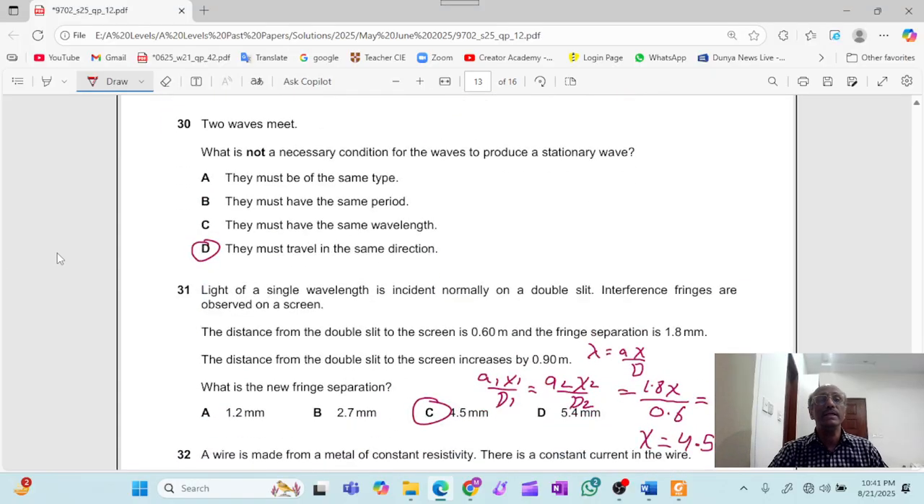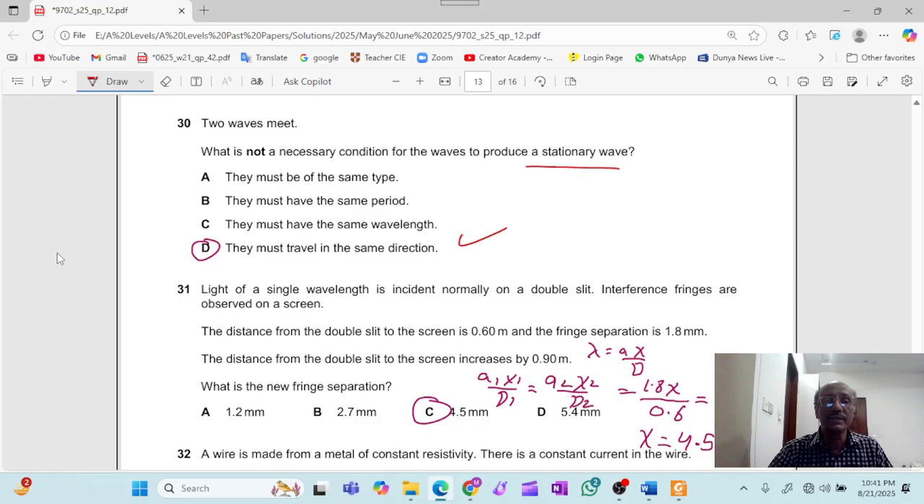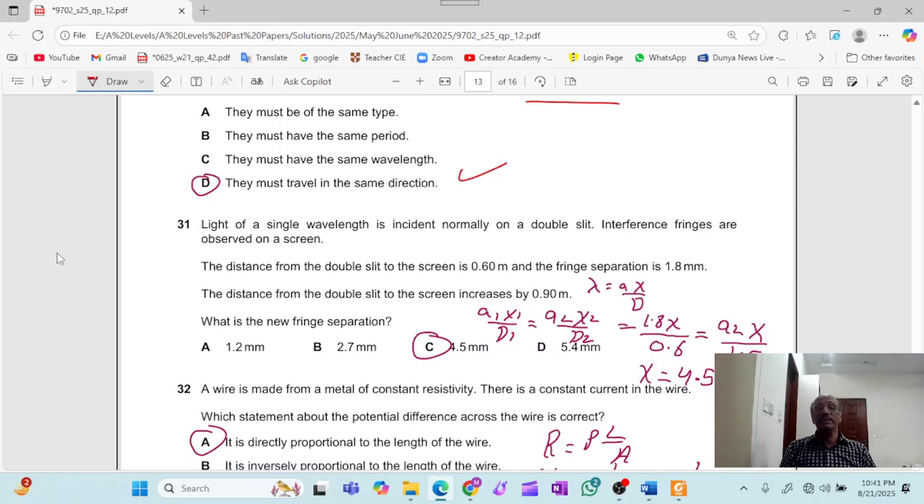For question number 30, two waves meet. What is not a necessary condition for stationary waves? They must travel in the same direction. What is not required? In order to generate a stationary wave, they must travel in opposite directions and overlap each other. So option D is the valid option. Question number 31, again, is related to